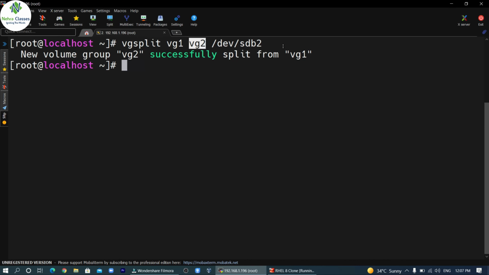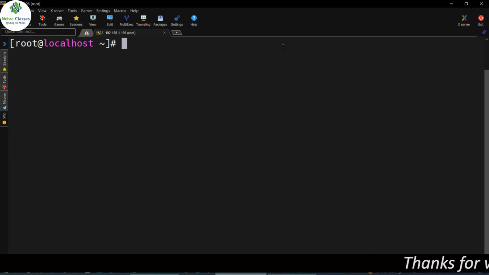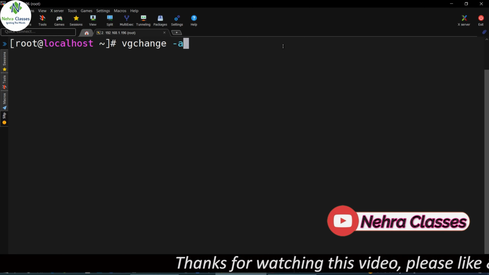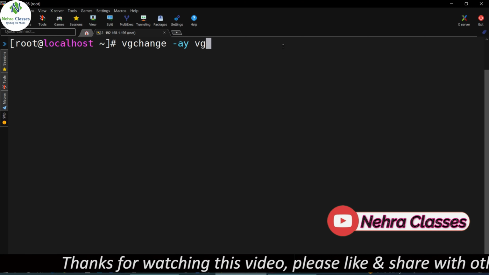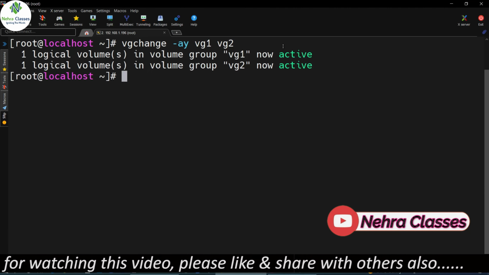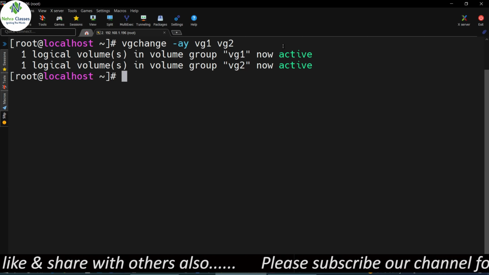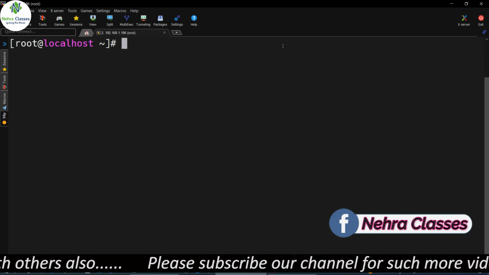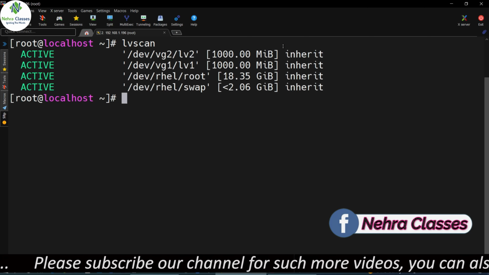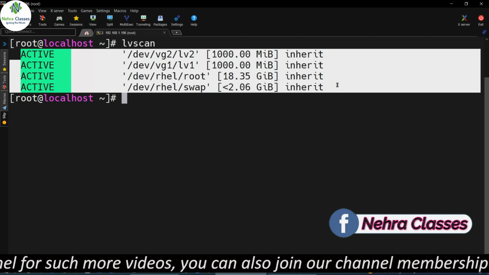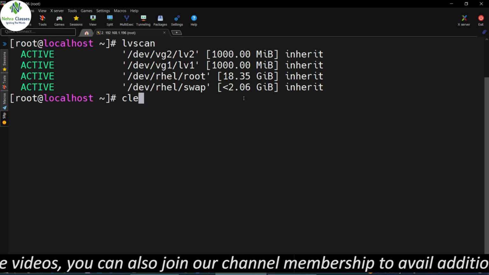Now we will activate the volume groups. So again we will execute the vgchange command, vgchange -ay vg1 vg2. Both the volume groups are activated now, and we will verify by the lvscan command. Here you can see that all the volume groups are in active state.